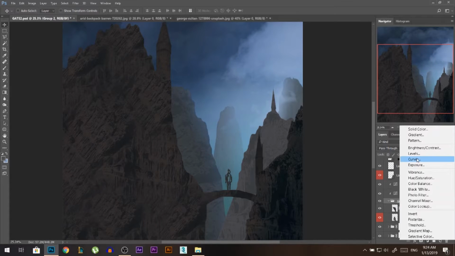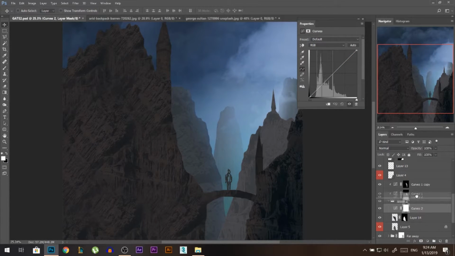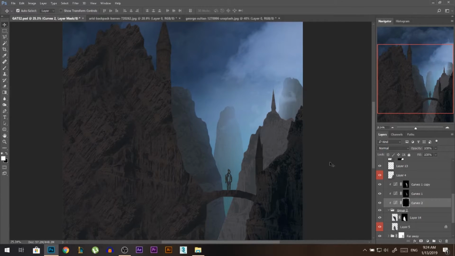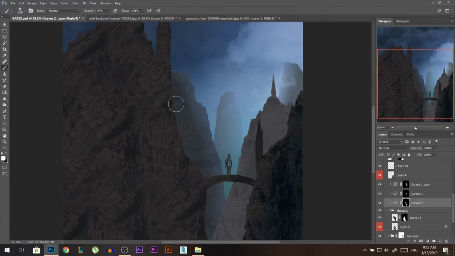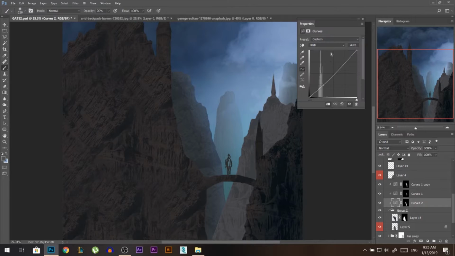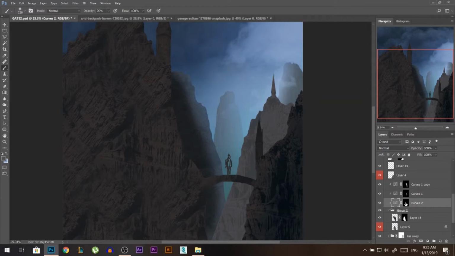Okay, let's add another curves adjustment layer on top of the group. This time I'm gonna darken, but then I'm gonna press Ctrl I to make it invisible, and I'm gonna bring it back only at the parts opposite to the light. Something like that. I'm gonna darken even more. Let's darken from here and from here. Okay, I'm gonna add the white by Alt backspace, and then add black, sorry, and then with a low opacity I'm just gonna bring